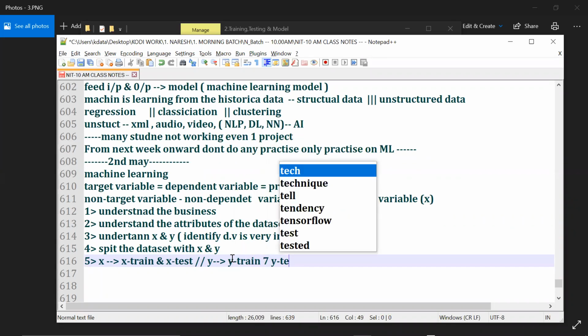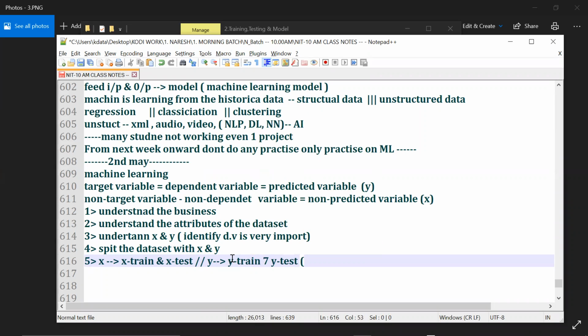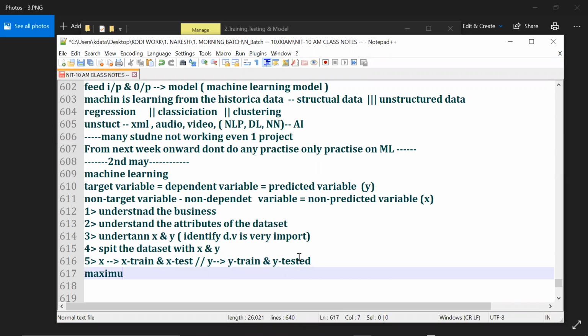So what is meant by test? What are the percentages? When we split the data, we have some percentages. At maximum we will consider 15 percent, 20 percent, 25 percent, 30, then max 35, but not beyond that.